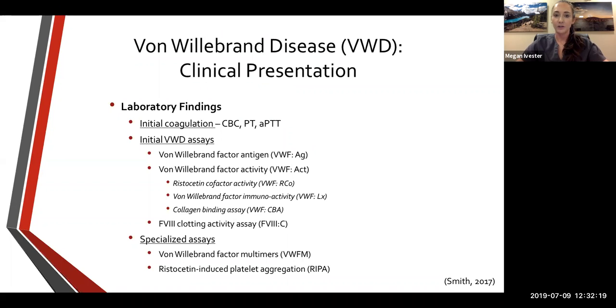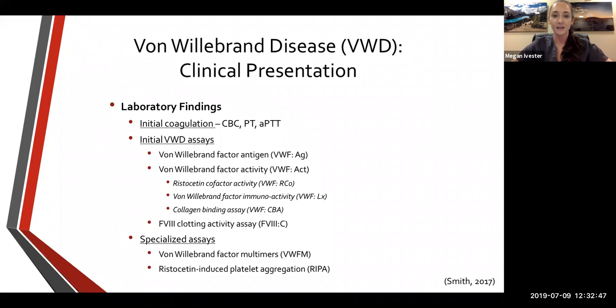And you're going to do an APTT, and you're going to look at the PT, so prothrombin time. And with that, your PT a lot of times is going to be normal. Your APTT can be normal, or it can be prolonged if you have a low factor VIII present. So the next labs that you're going to do are an initial von Willebrand